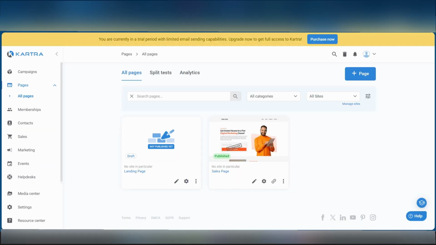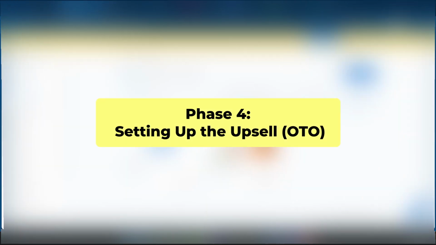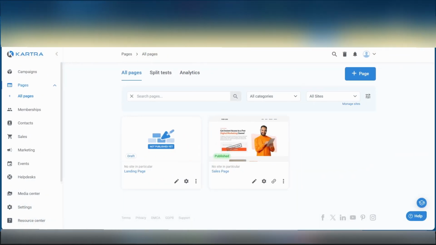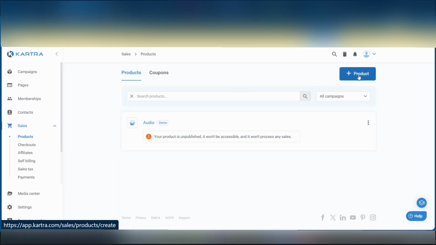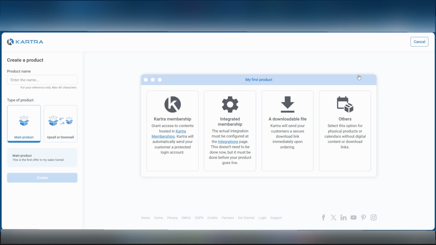So we want to let you know that a sales funnel isn't a sales funnel without an upsell or a one-time offer or an OTO. This is where you make your real profit. So we're going to go to the product section under sales, click on products, and then we're going to try to create another product. Now this should be a higher priced item that complements your first offer. Remember previously we showed you how to create a product by going to the products, and this is where you find where you can put your product name, the type of product, and then of course you can click on create. Remember we're talking about upsell, so we're going to click upsell, select the funnel, and then you're going to